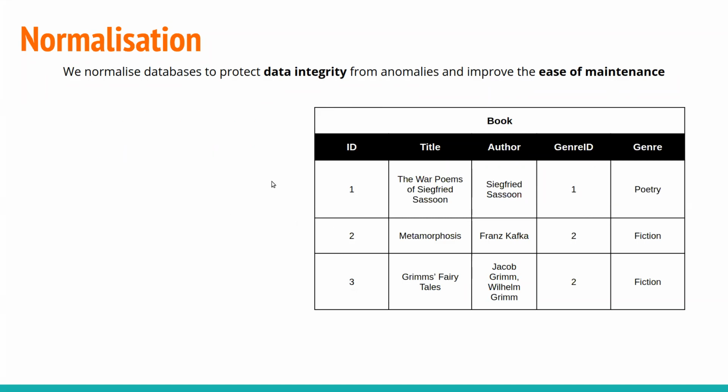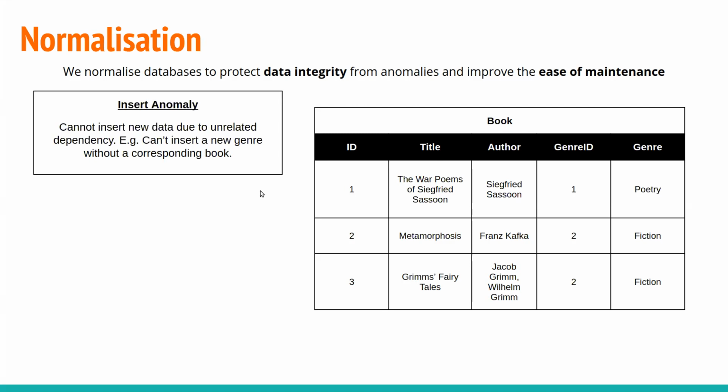Okay, so why is this database actually terrible? There are three different kinds of anomalies that can occur if your database has not been normalized. So we're going to go through each of the three anomalies, see their names, and see how they affect us. Okay. So the first one is called an insert anomaly. An insert anomaly occurs when we're not able to insert new data into our database